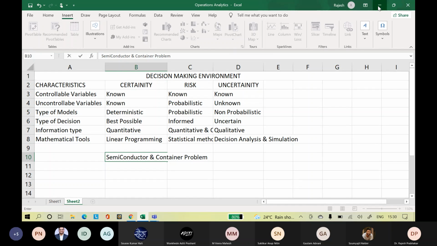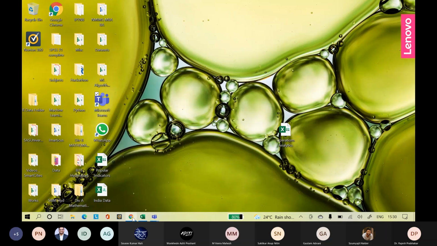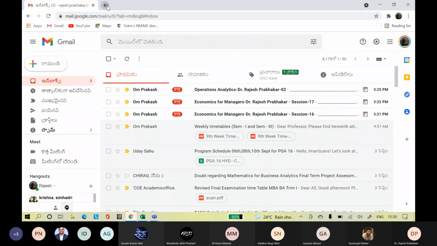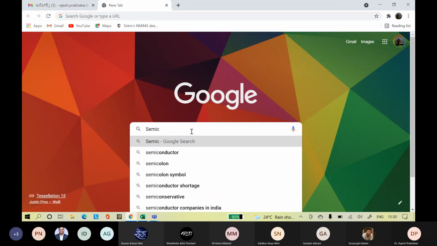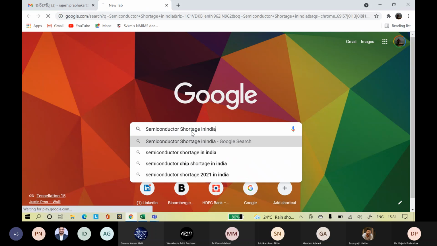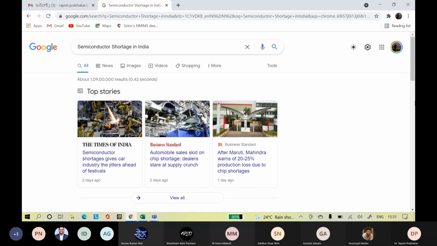The semiconductor shortage in India, the first article I read, if you go to Google.